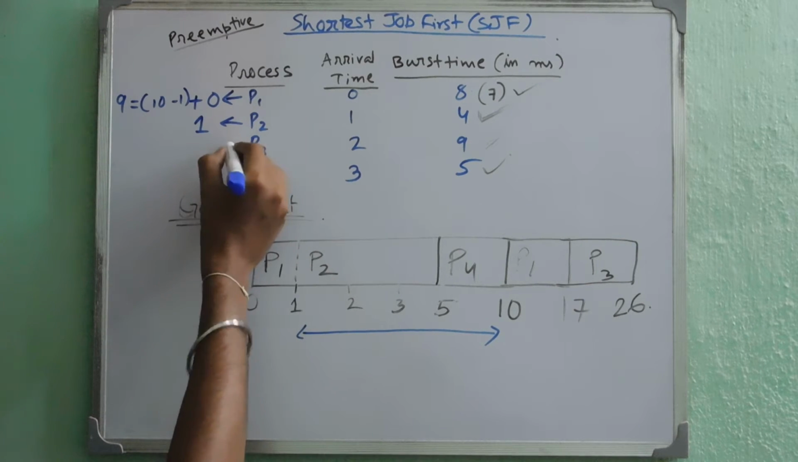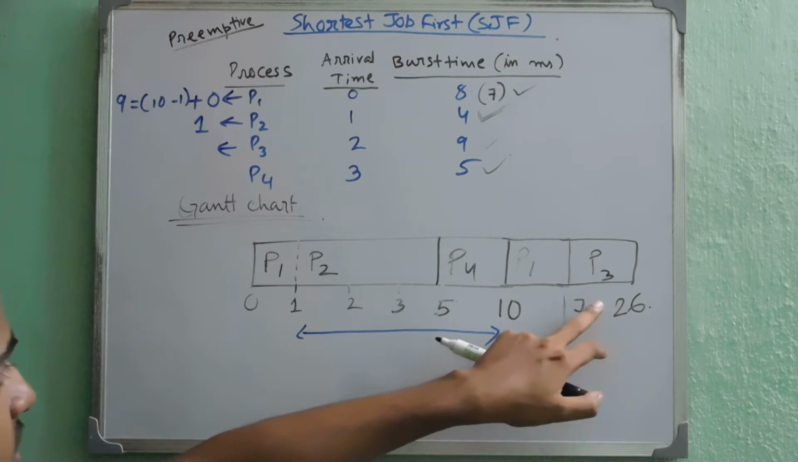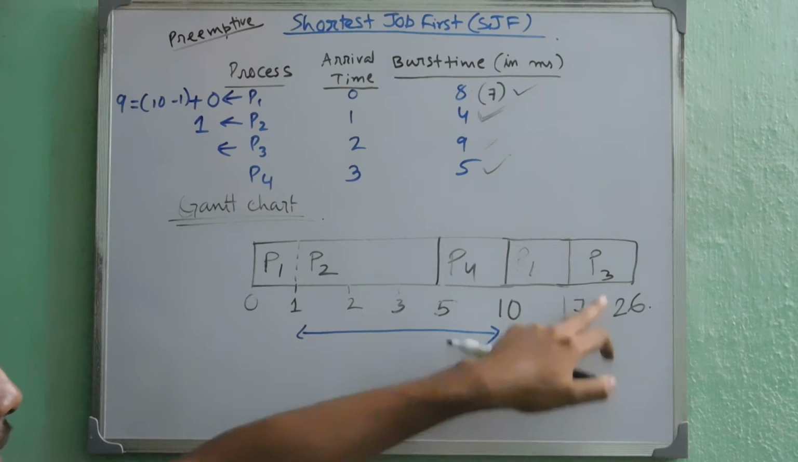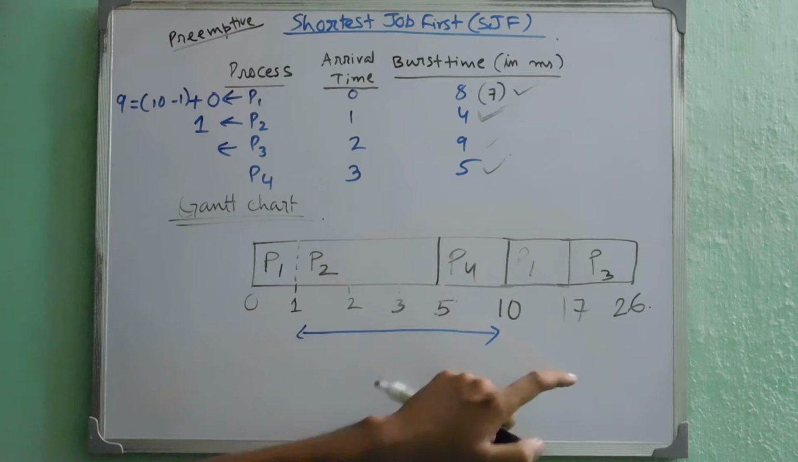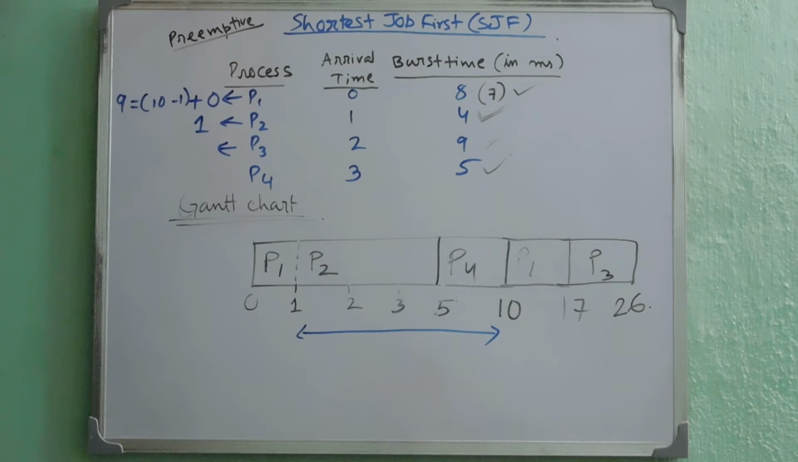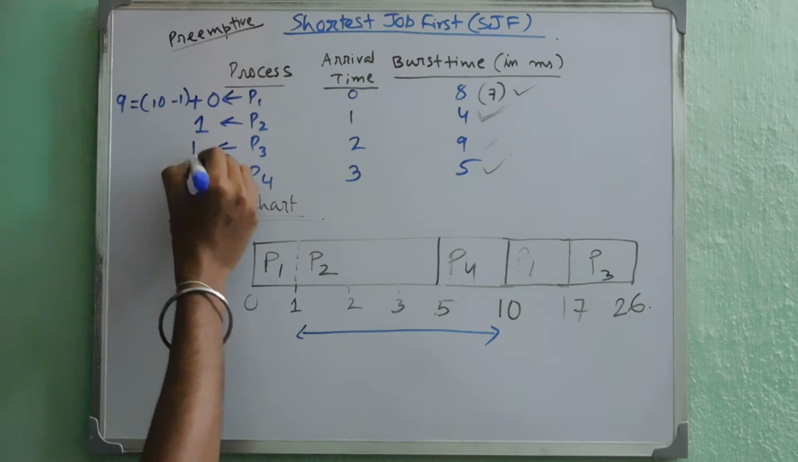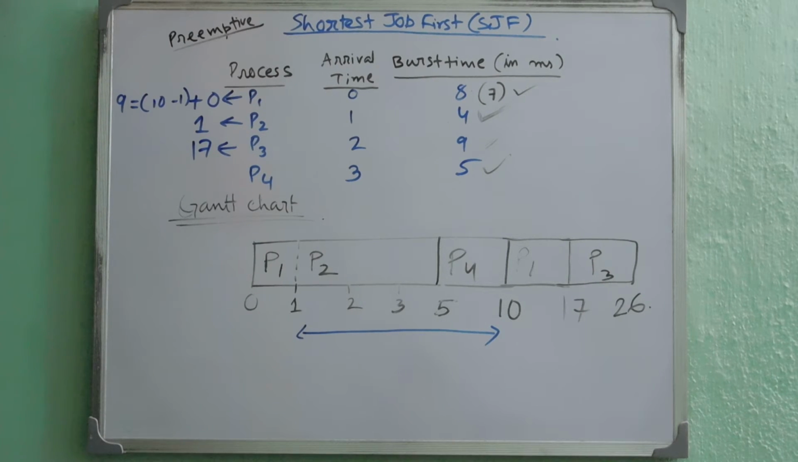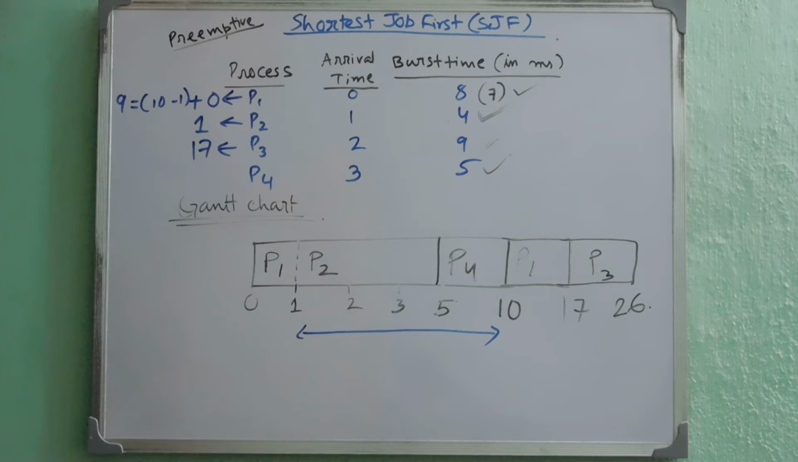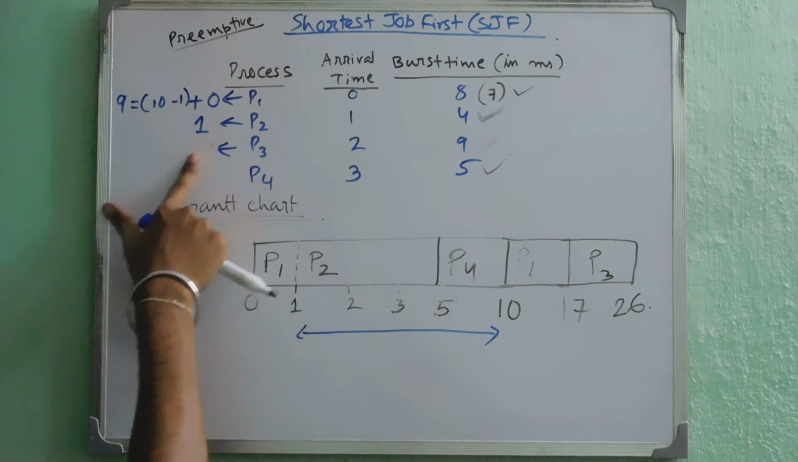Then we have P3. The waiting time of P3 is 17, because it has been allowed the CPU for the first time at 17, and then it has been allowed to continue its execution till 26. Now if you can see here, the arrival time of P3 is 2. So the waiting time will be 17 minus 2,